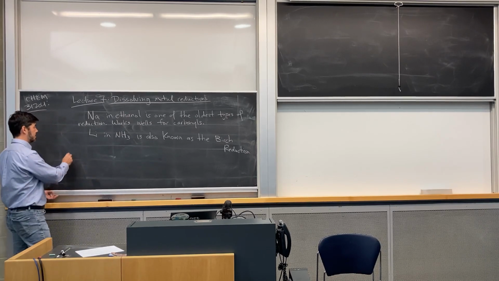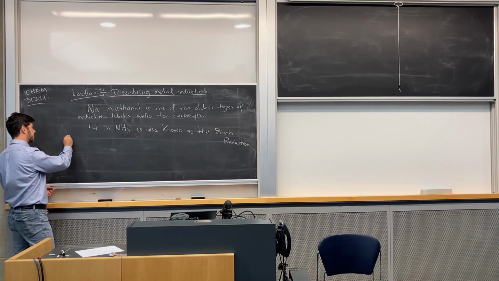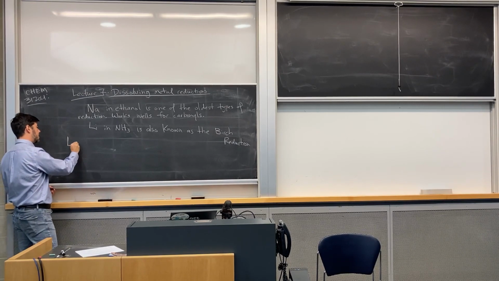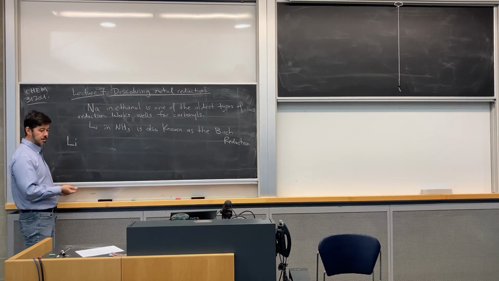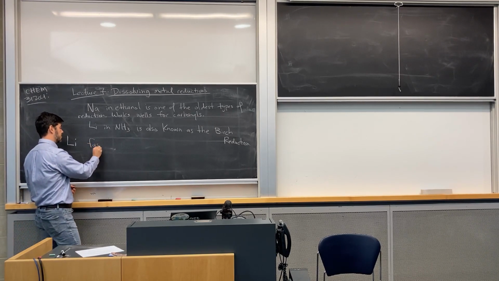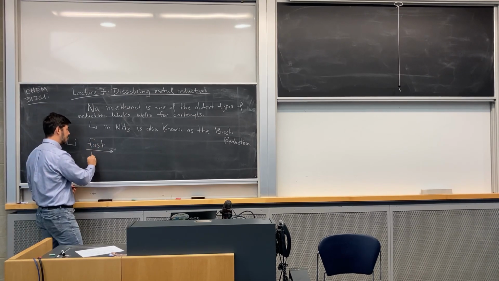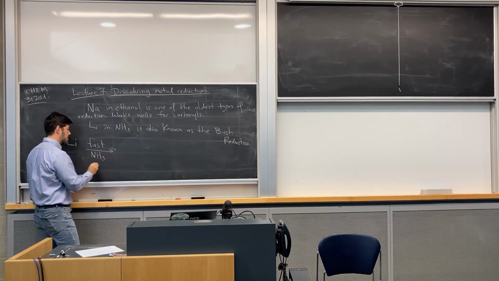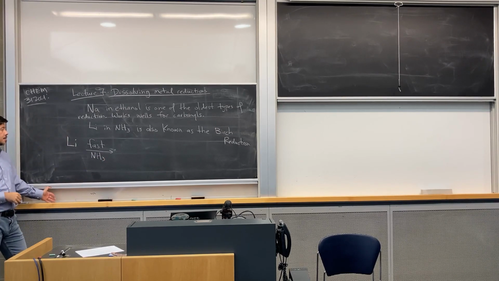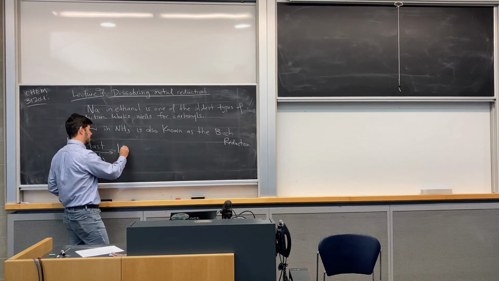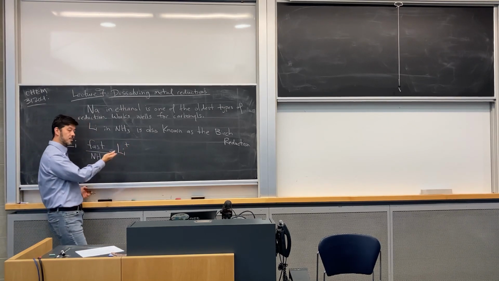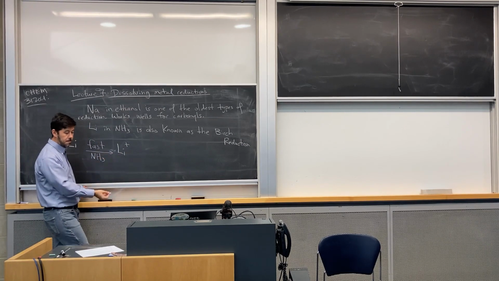Okay, so how does this work? So let's start with the Birch reduction. Okay, so you have lithium metal, so there's an unpaired electron there, and if you take that metal and put it in ammonia, what's going to happen at cold temperatures is that that unpaired electron is going to want to lose itself, and it's going to want to pair with other electrons. So what happens is that lithium is very willing to donate the electron, so it becomes lithium plus,